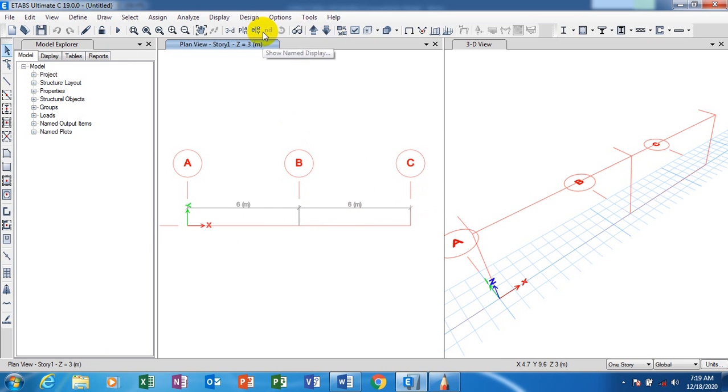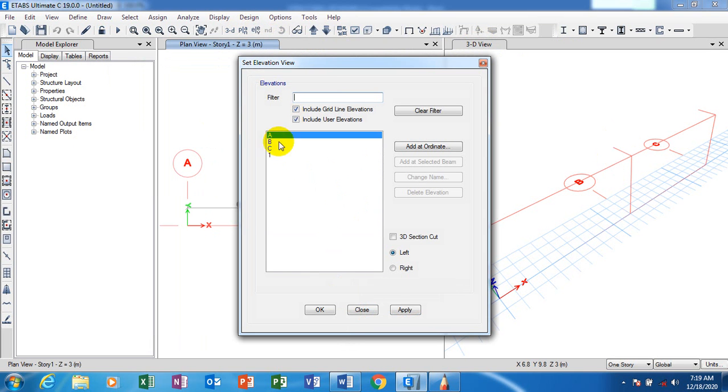So I'm going to actually switch this to an elevation view. It is actually on a plan view right now, which means you are looking at it from the top. To view it from an elevation view, I can switch it. This here is highlighted. If I click this, I can switch this. I want to switch this one to an elevation view, so I'll click on elevation,